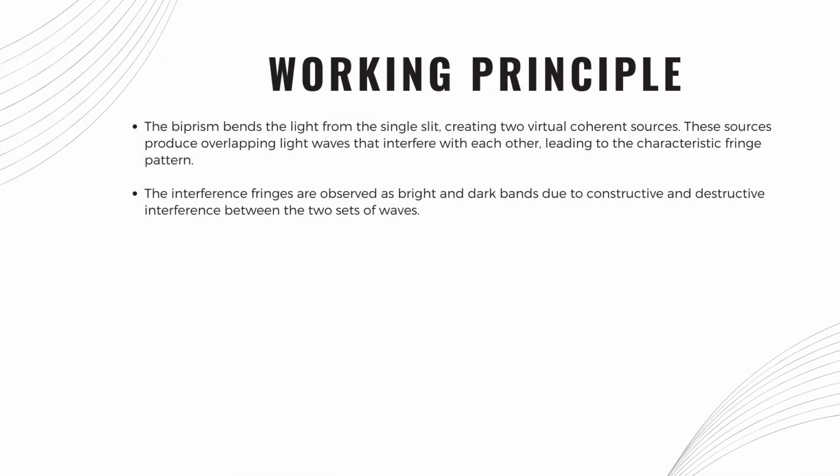Working principle. The biprism bends the light from the single slit, creating two virtual coherent sources. These sources produce overlapping light waves that interfere with each other, leading to the characteristic fringe pattern. The interference fringes are observed as bright and dark bands due to constructive and destructive interference between the two sets